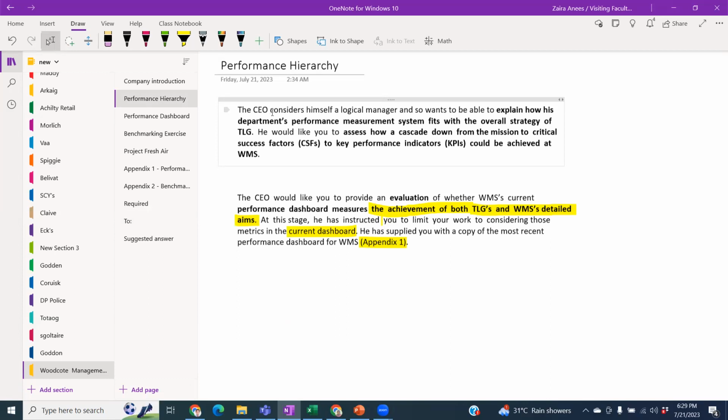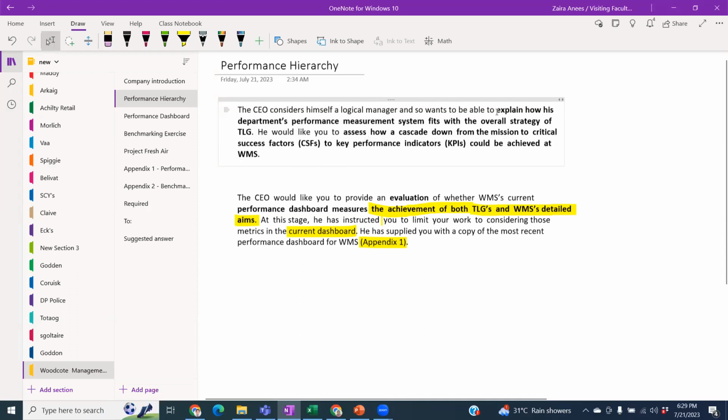I mean, it's not a good idea to start with part number 2 when you are actually teaching something. So let's start with part number 1. What you have to do here is explain how the CEO wants the explanation of how his department performance measurement system fits with the overall strategy of TLG. And you have to do this by considering